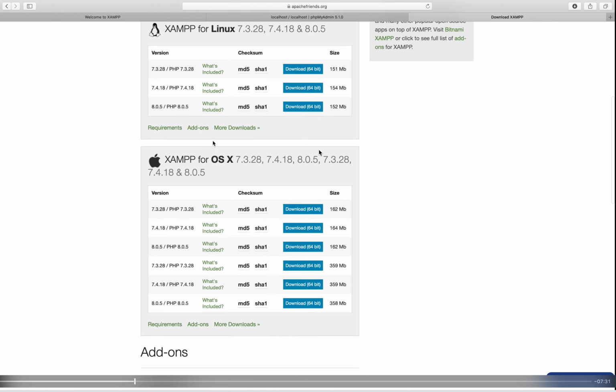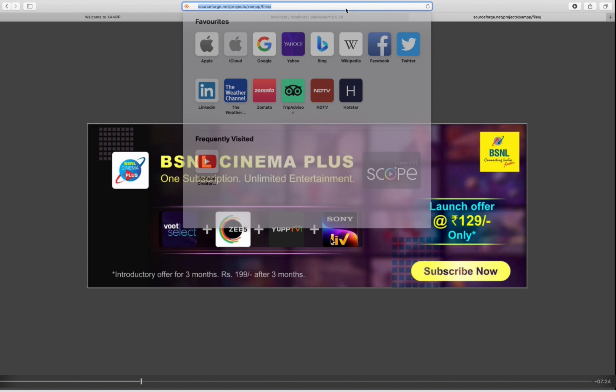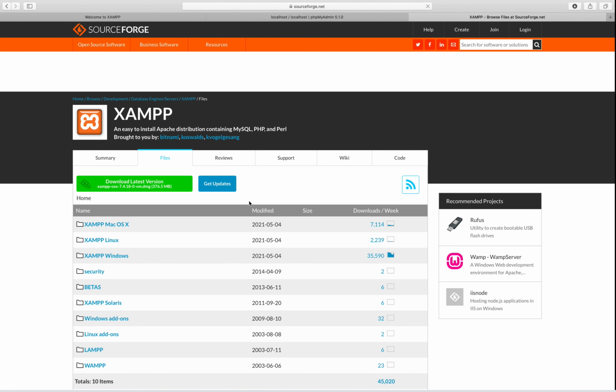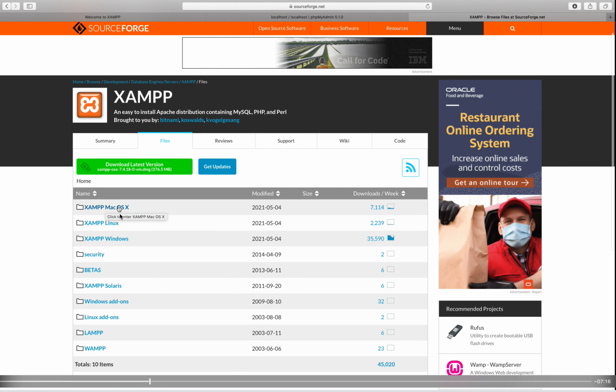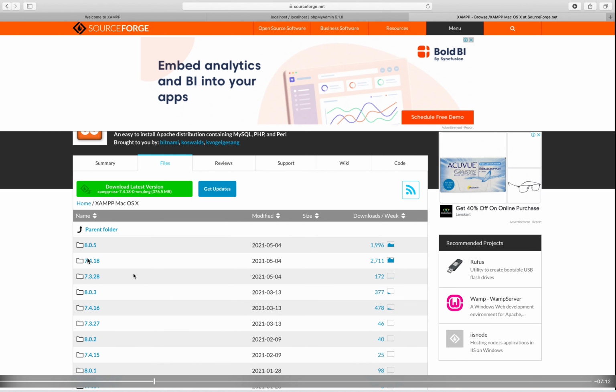The first one is Windows, the second one is Linux, and the last one is for Mac OS. You need to click on the more option. The next page will open, and you need to click XAMPP Mac OS as the first option. On the left-hand side you have different versions.